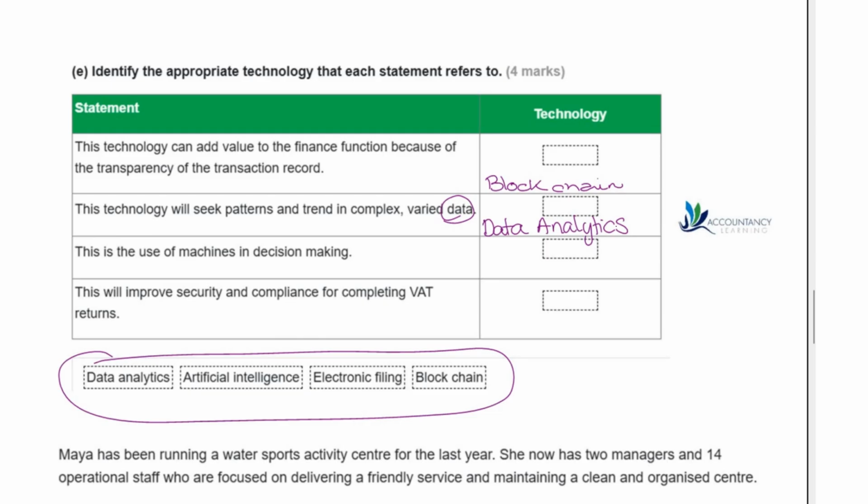This is the use of machines in decision making. So machines here is going to be referring to artificial intelligence. And the final one, this will improve security and compliance for completing VAT returns. So this is going to be electronic filing, so being able to file things digitally.